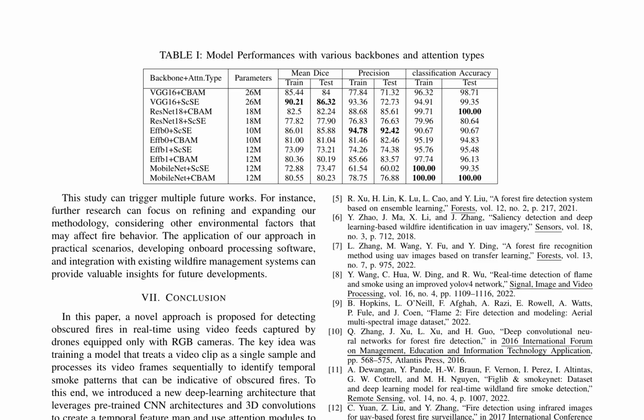The study's qualitative performance is demonstrated through figures, which show the model's ability to detect both visible and obscured fire regions accurately, even when they are obscured by trees and smoke patterns. This methodology allows for utilizing firefighter drones to combat wildfires more efficiently by targeting visible and invisible fire hotspots. It also helps detect fire regions precisely without the need for IR cameras in the test phase, significantly reducing fire